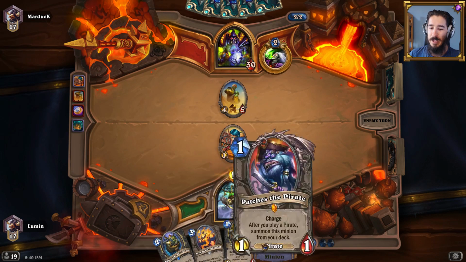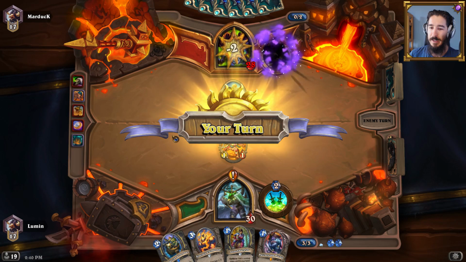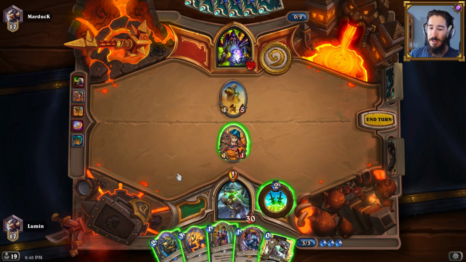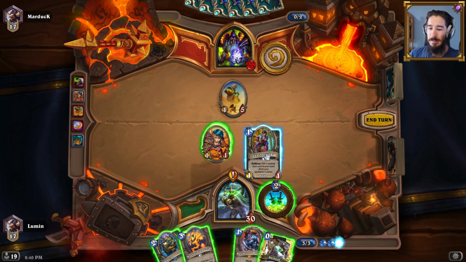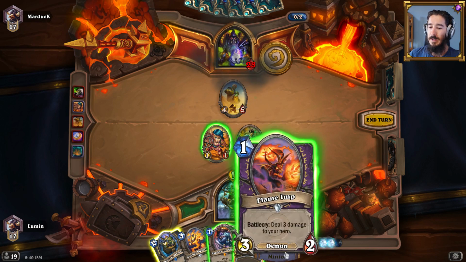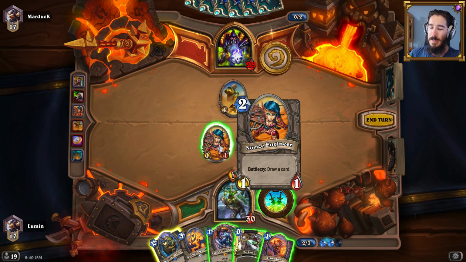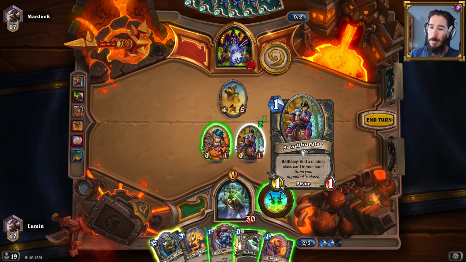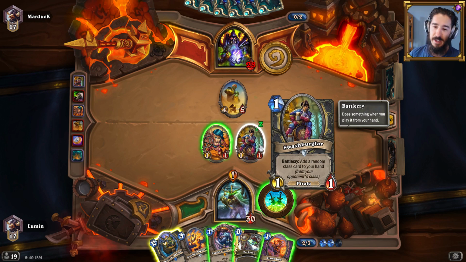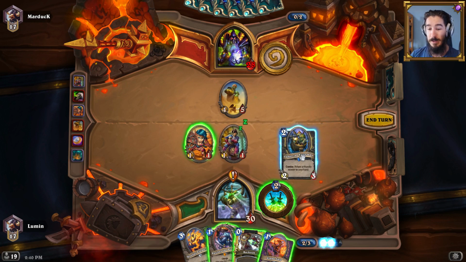Okay, so now there's an interesting thing gonna happen here. I get to choose now. I think I'll choose Novice Engineer instead of Swashbuckler, because even though Swashbuckler is cheaper, Novice Engineer allows me to draw cards from my deck, and those are actually the ones that I want, so...